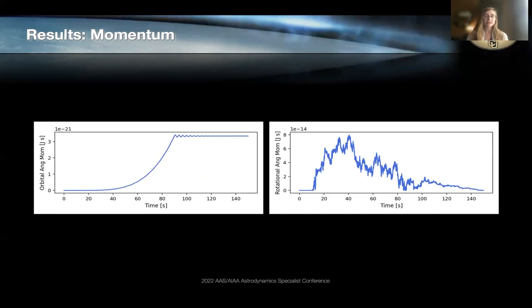For the momentum, I was expecting to not really see any momentum changes because a change to the panel should be matched by a change to the spacecraft with these internal torques. So the rotational angular momentum is pretty noisy and small values. I'm not entirely sure what's going on with this orbital angular momentum. The values are minuscule, but it does look like it's approaching some particular value. So there's work to be done to figure out exactly